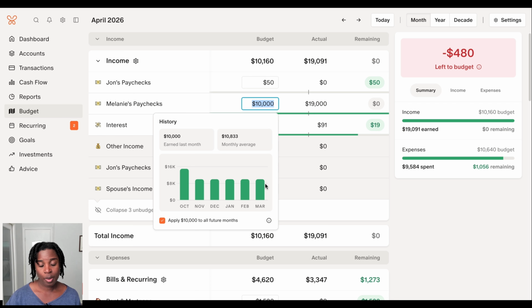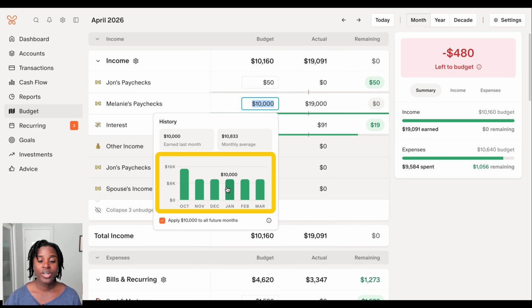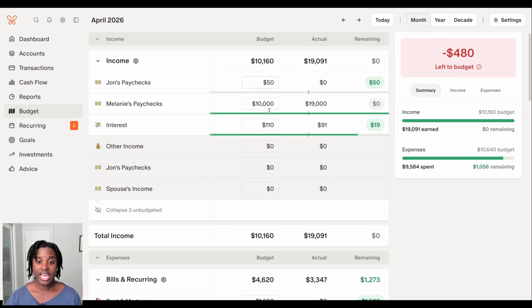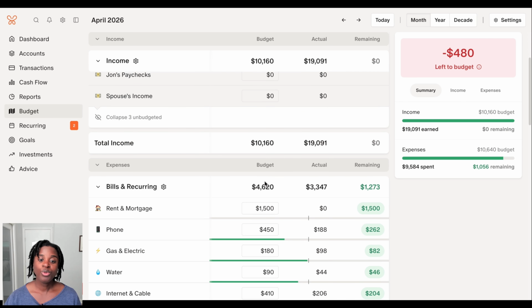here it's going to show you a bar graph. Each one of the bars, if you hover over them, it'll show you the exact dollar amount of what you earned or what you spent over the last couple of months. And you can use that to set realistic targets. So with Melanie's paychecks, I can see they've been 10,000, so I can set this to be 10,000. So you'll set your income up based on what you expect to earn, and then you move on to the